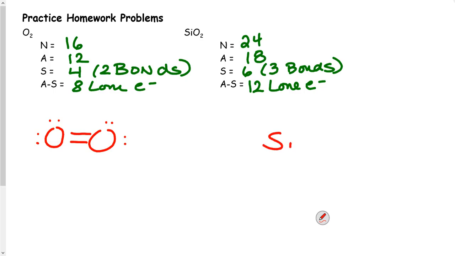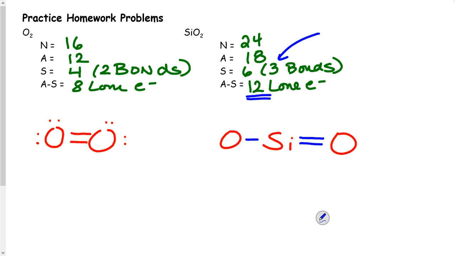Silicon dioxide, Si in the middle, oxygens on either side of it to look for symmetry. And let's see, silicon dioxide. You're going to notice that there's something strange with this one. We have in fact calculated 3 bonds. That means that one of your oxygens is going to have a single bond. The other oxygen will have a double bond, and that can happen. Okay, so don't let that surprise you. Now, when you go to calculate or to apply your 12 lone electrons,